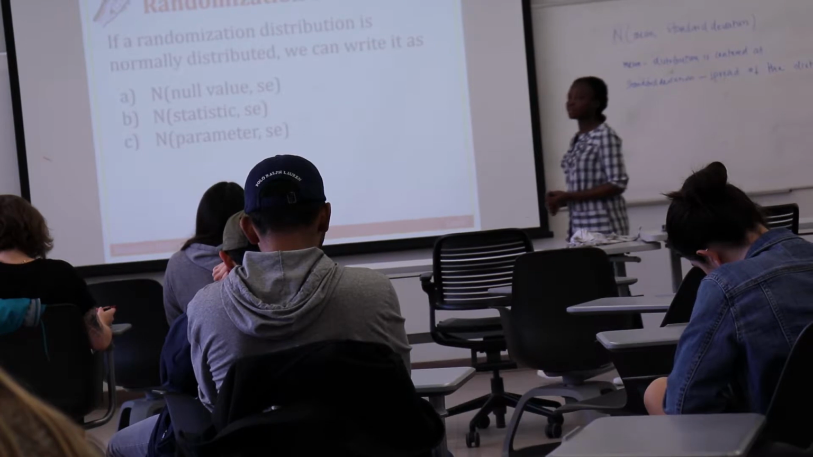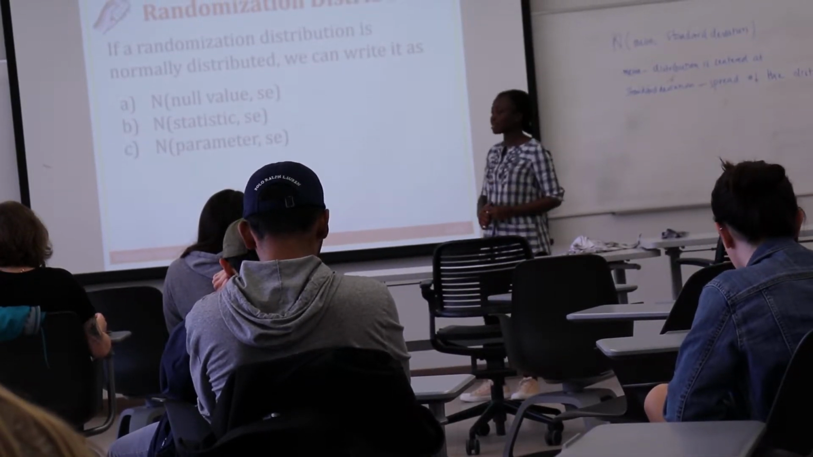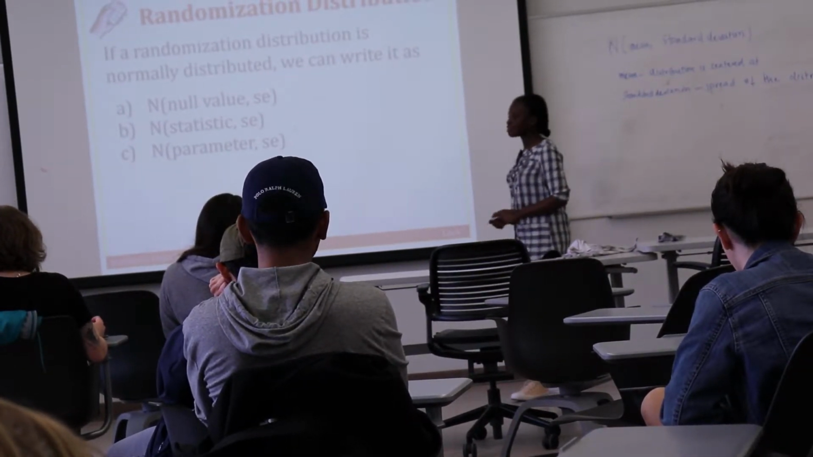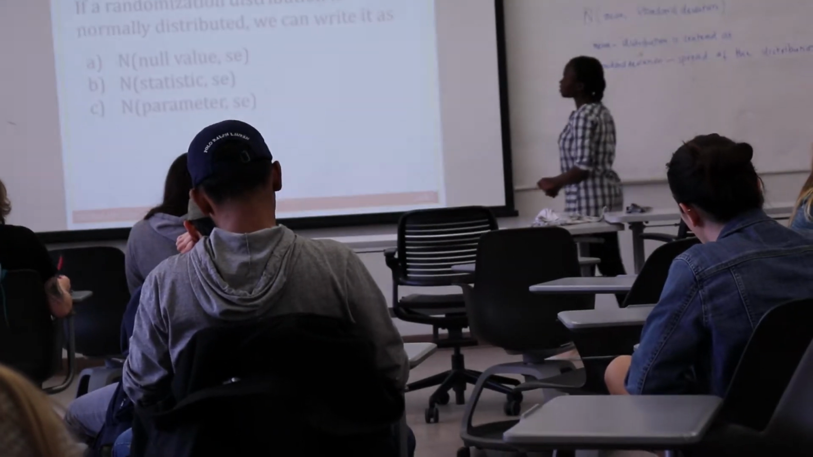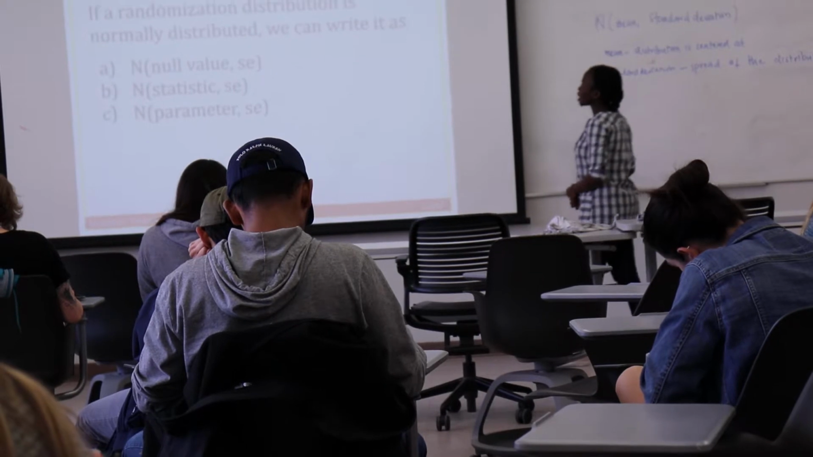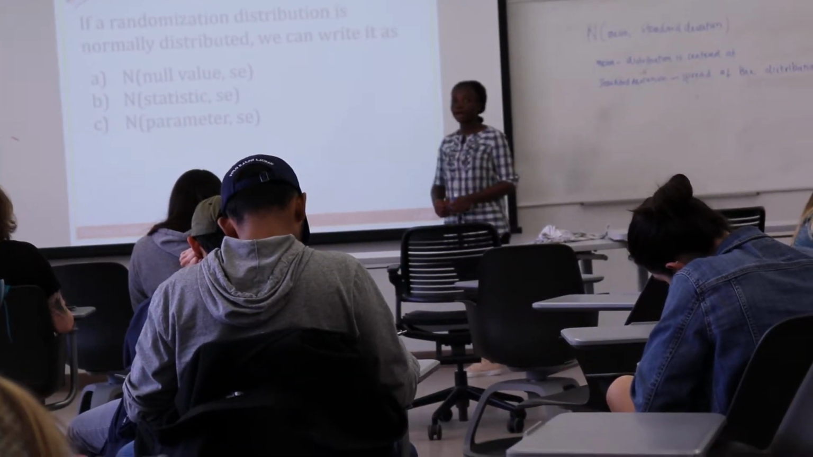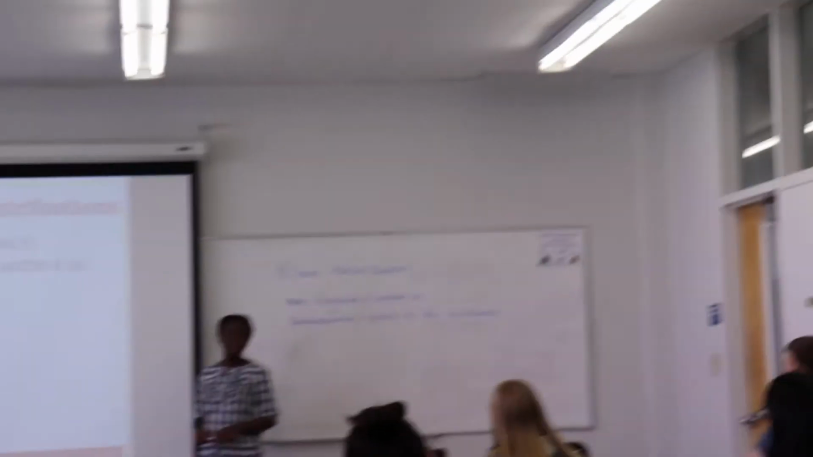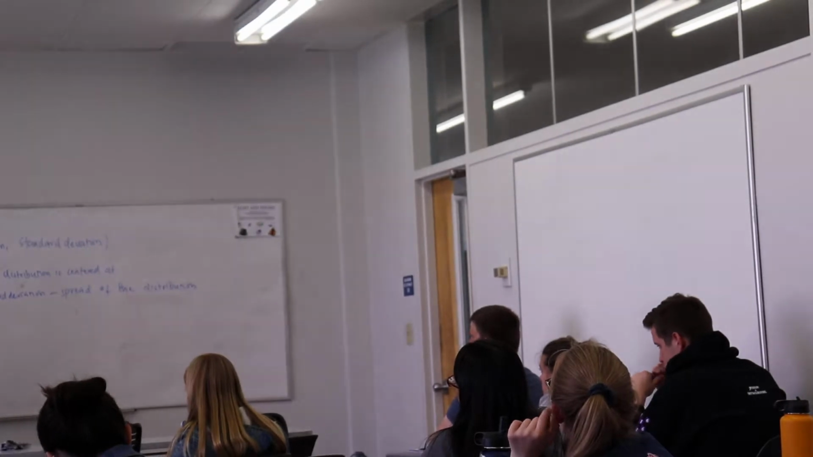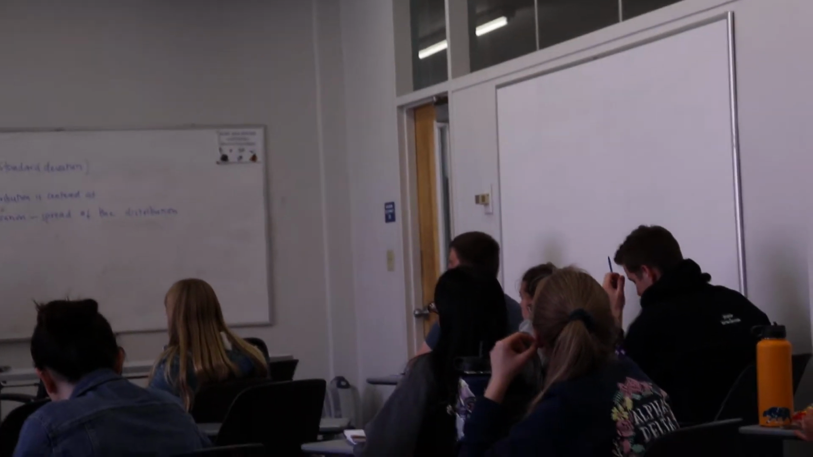As I said, this is a form of recap because there's been some break after the exam. It says that if a randomization distribution is normally distributed, how can we write it? Anyone to help us? Nicholas? A. Why do you think A? Randomization distribution is centered on